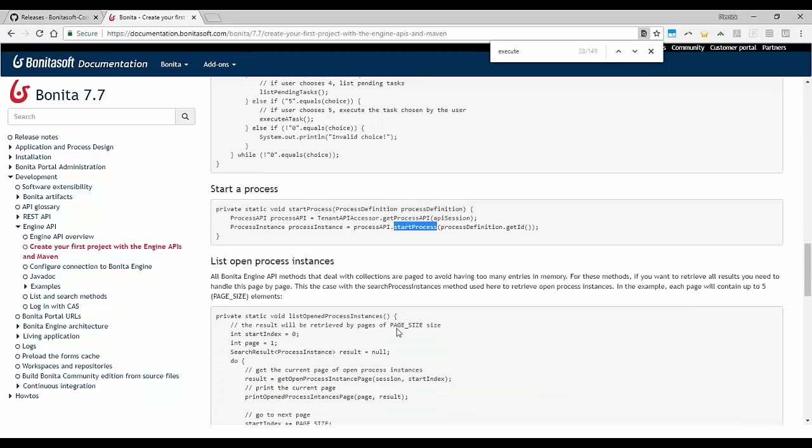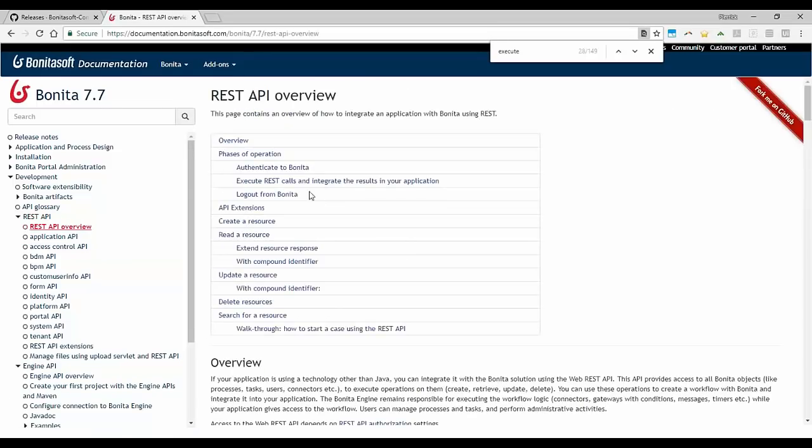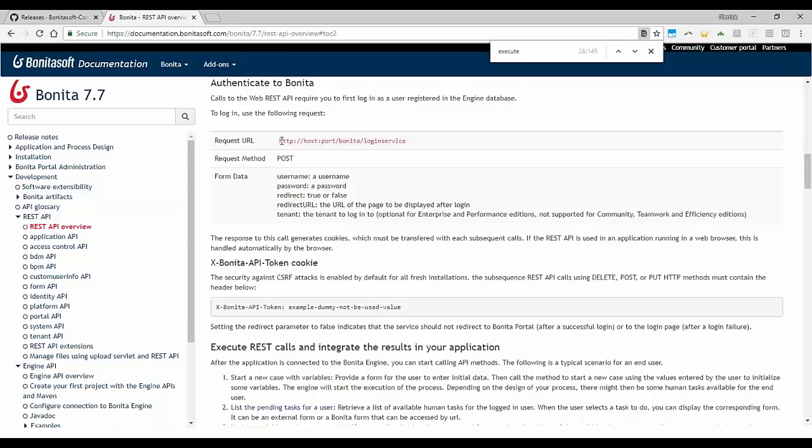So this is specific to the Java API. For the REST API, again, I suggest that you go to REST API, and you will see that you still need to be authenticated. And for this, in the same way, you will need a session. And to get the session, there is a specific chapter about that here, authenticate to Bonita. To do this, you will use the login service, and you will use the POST because you are creating a new session. And you will provide, obviously, your username and password. So as a system, you will have a specific user associated to it.